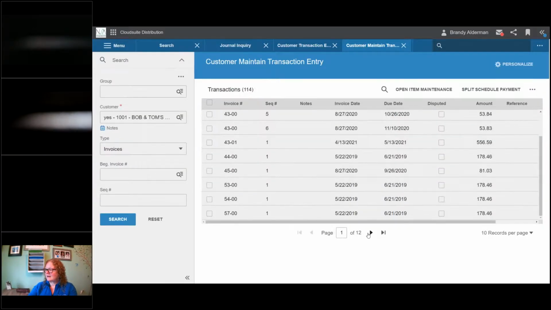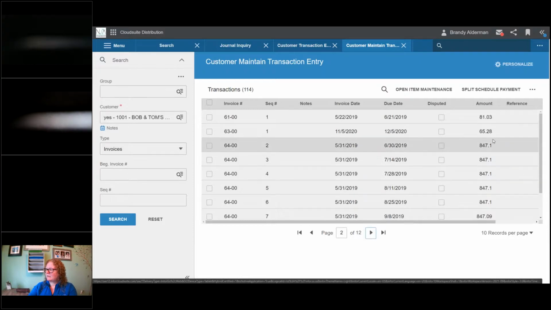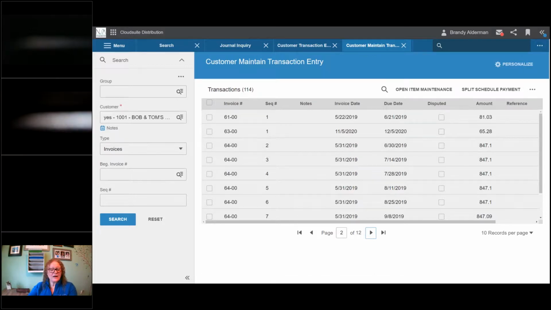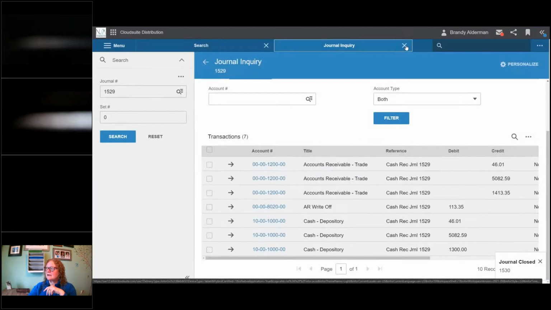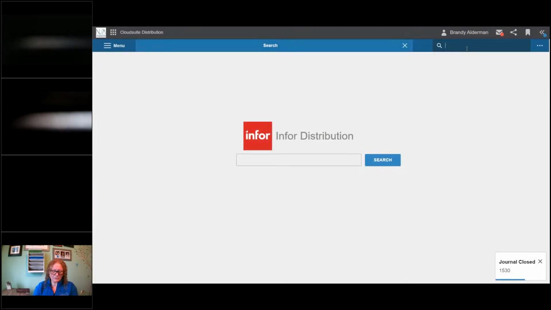And then if you notice, I would go down in here, and now you can see all my scheduled payments that are listed here. So that's another tool that you can use within AR to help manage your customers' credit more. Before we jump into the key reports, and we'll cover that really quickly, I do want to show you a new functionality within